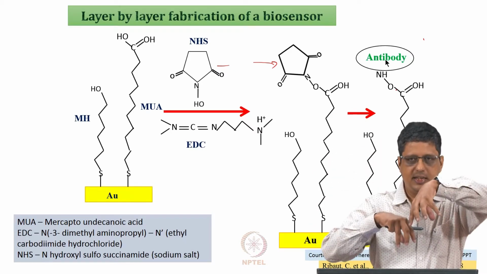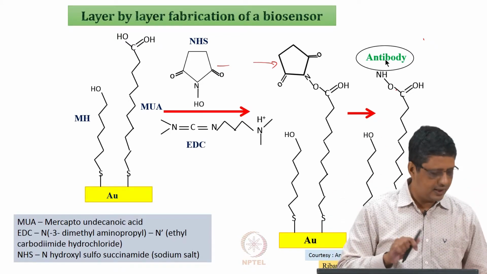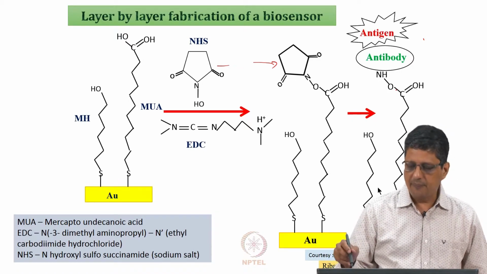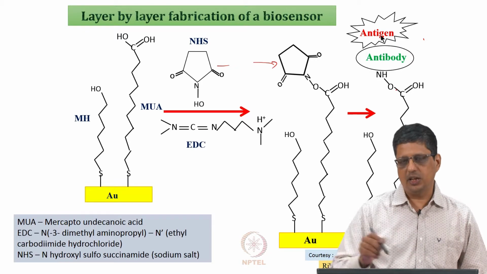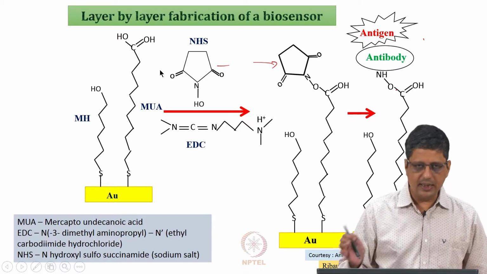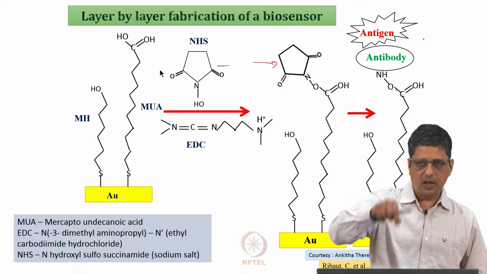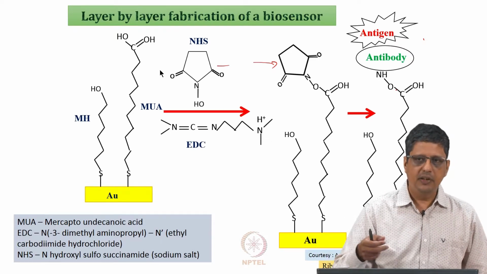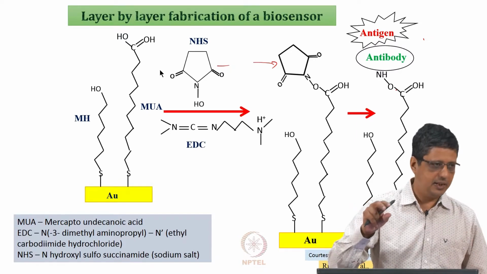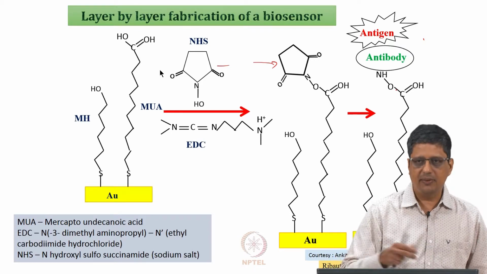If it is oriented like this, when the antigen comes, it will not bind. So, there are difficulties, but right now the expectation is that the antibody will be attached to this, with the antigen coming and sitting on top of that. If the solution has antigen, you have to build the electrode like this and then keep it ready. When somebody gives a blood sample, you put a drop of that here and measure the impedance. If it is high, depending on how high it is, you will say you are exposed to this virus or this bacteria, and the level is serious, moderate, initial level, whatever that is.